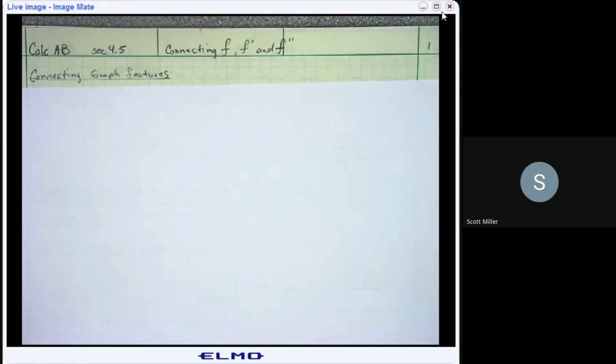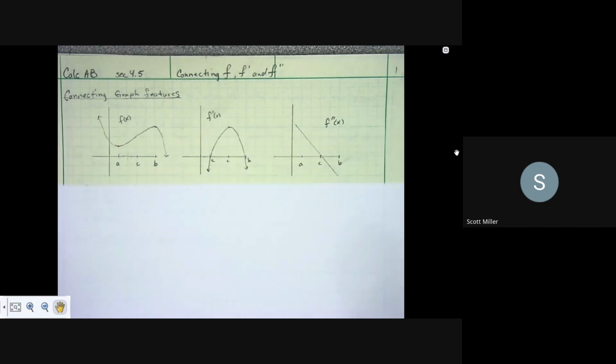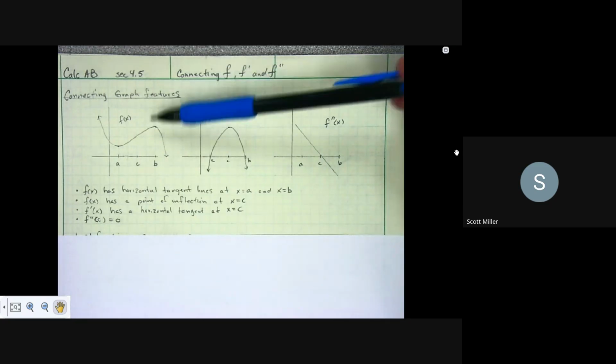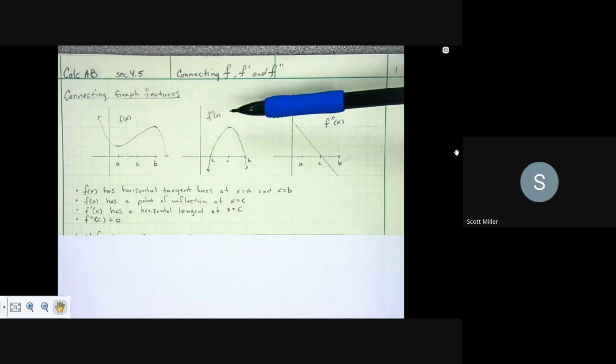So in this section, we're going to be looking at the connections between a function, its derivative, and its second derivative. We're looking at the graphing connections and other things. This is general all-purpose information we want to look at, to see how I can use different things to answer certain questions. So, connecting graph features. So if I look at this right here, I'll see that I have a function graph, I have its derivative,